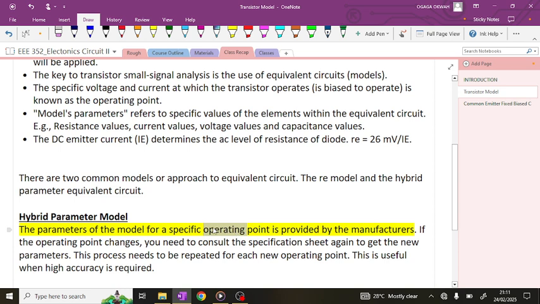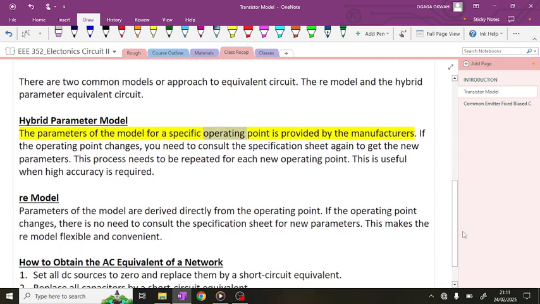The parameters for a specific operating point are given by manufacturers. That's for the hybrid parameter model. That's the main point for the hybrid parameter model. But for the RE model,